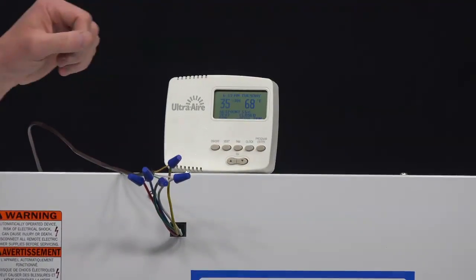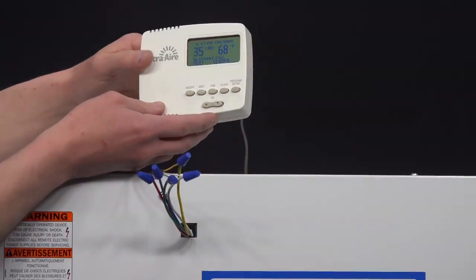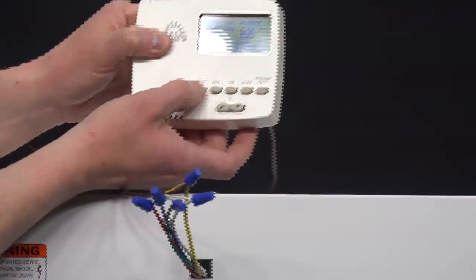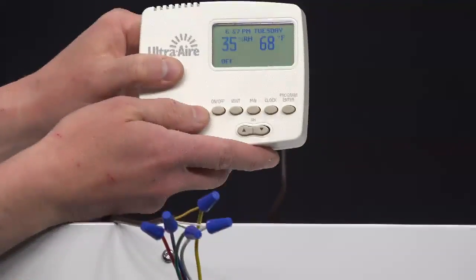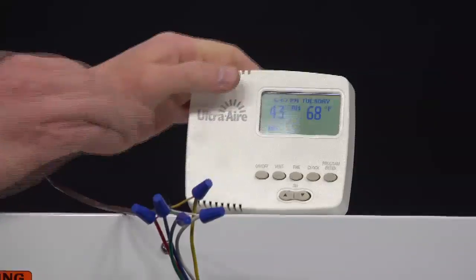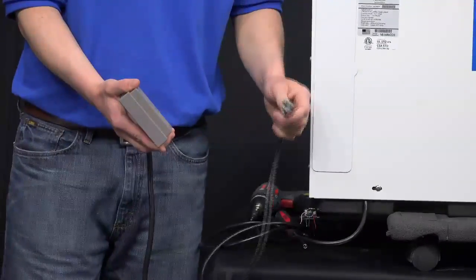To diagnose a fan continuously running, on the controller, turn the on-off button to the off position. When you do so, the fan should shut off. If it does not, the next step is to unplug the dehumidifier from its power source,